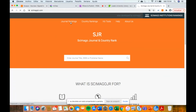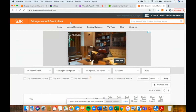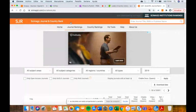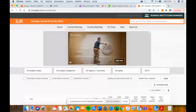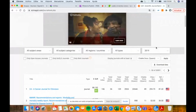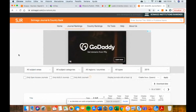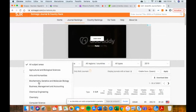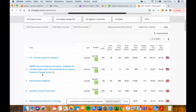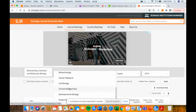But they use the journals from Scopus. So the same journals in Scopus are in Scimago. But Scimago, instead of using CiteScore, the star metric in Scopus, uses their own metric. It's called SJR. So SJR depends on the citation count and other factors. They use the journals of Scopus by the same areas as in Scopus: agricultural, chemistry, industry, and by subject categories. So if you know biochemistry, you can select, for example, clinical biochemistry,